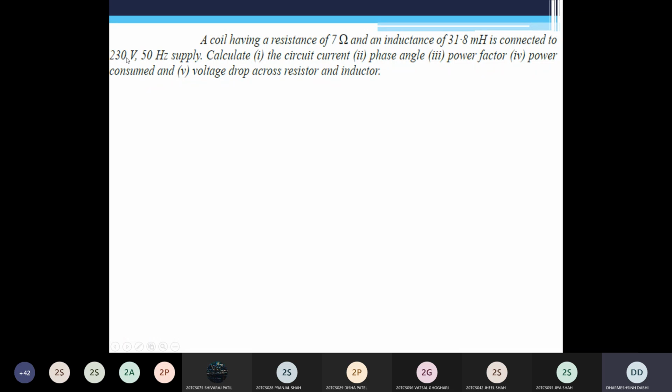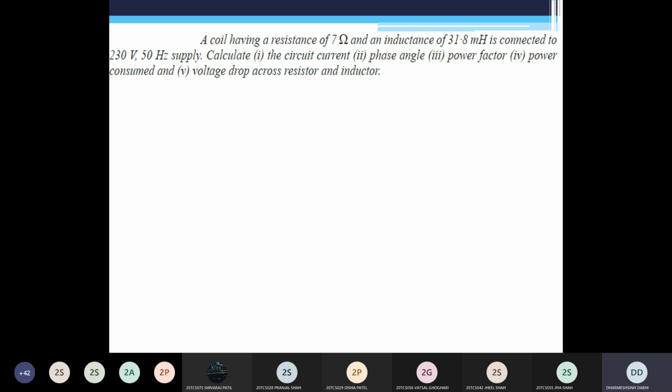So V RMS is given, V RMS is 230 volt. Supply voltage is always given in the RMS value. Whatever supply you get at your home, that is 230 volt, is also an RMS value. So the voltage and current ratings of all electrical equipment are always given in terms of RMS value. All the equipment at home, like light or fan, is given with a rating of 230 volt, 50 hertz. So 230 volt is the RMS value. Remember that.